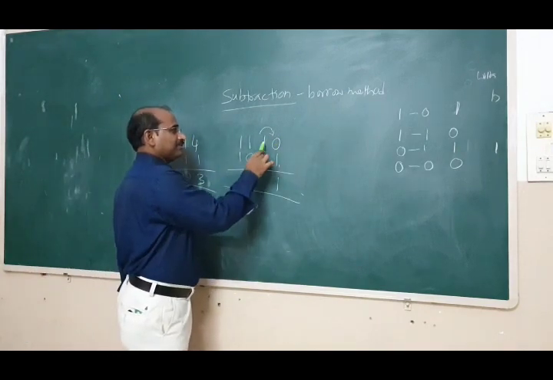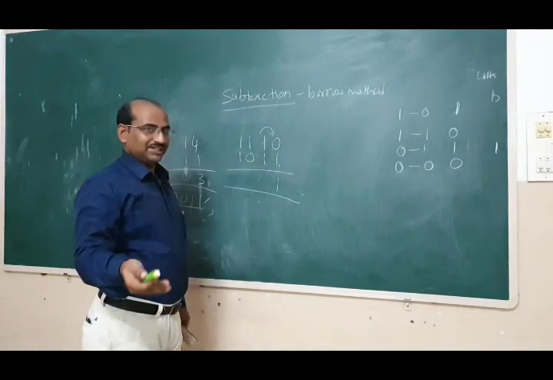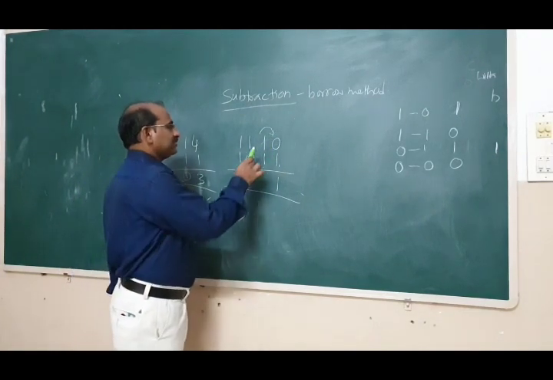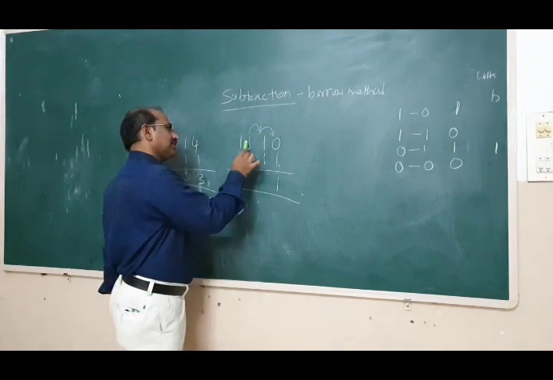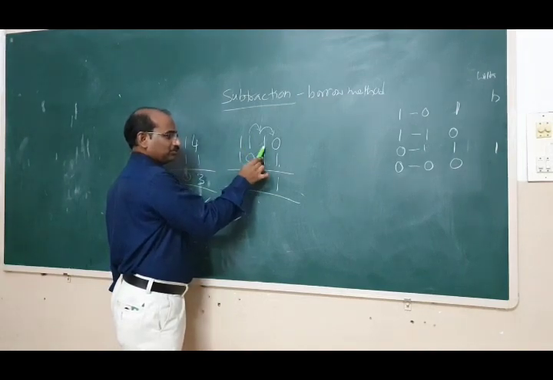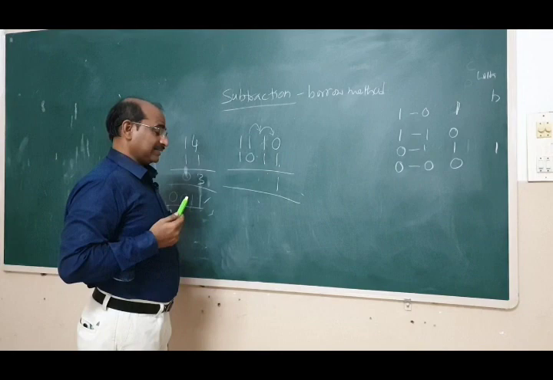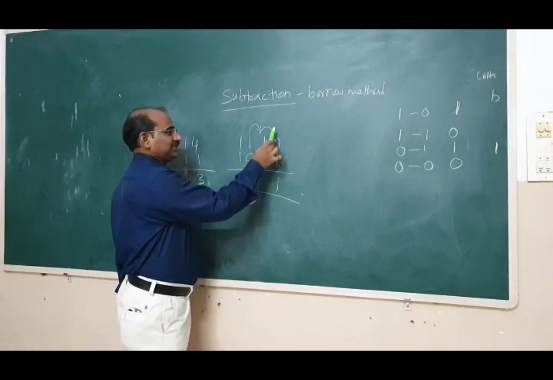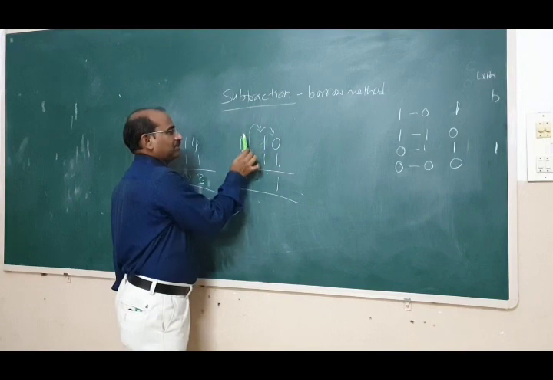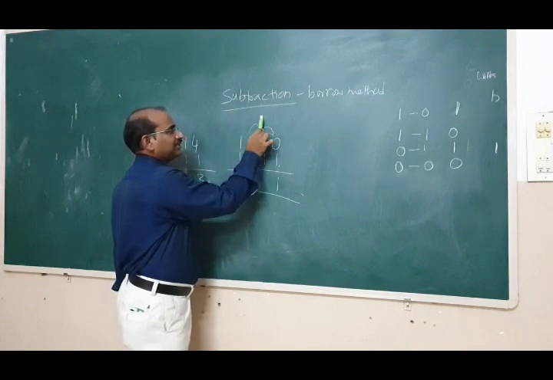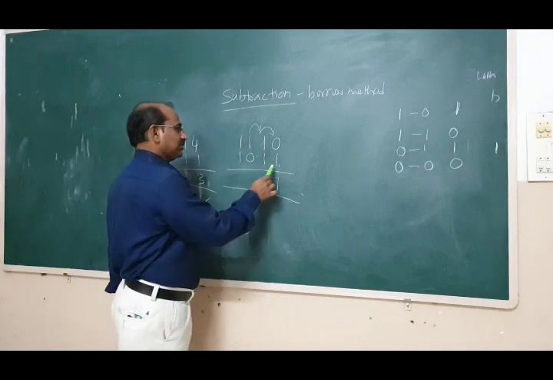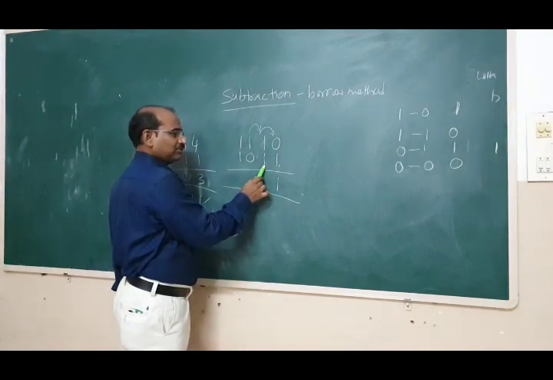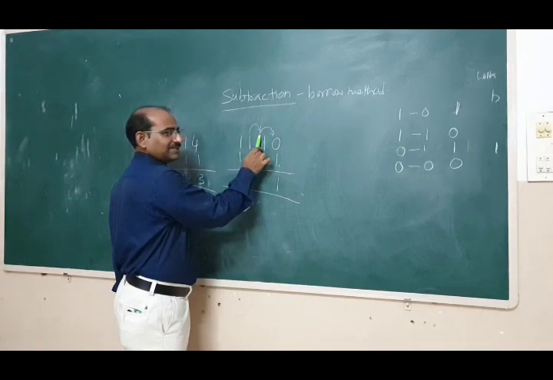Again, it is given to the earlier stage. Now, here again this is 0. Now, what do you have to do? You have to again borrow. Now, again, what is the value when it comes to here 2? Or the exact positional values here is 1, 2, 4. So you are taking a bit from here to here means the value you are shifting from here to here is 4, and the value here is 2. Understood? So this is 1, 2, 4, 8. The value here is 2. When you are getting a 1 from next stage, the value is 4.